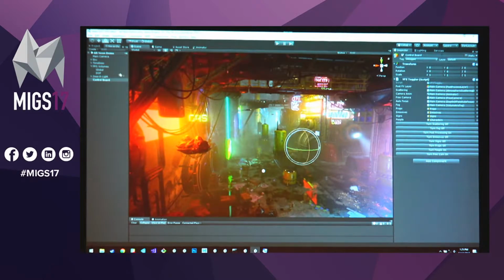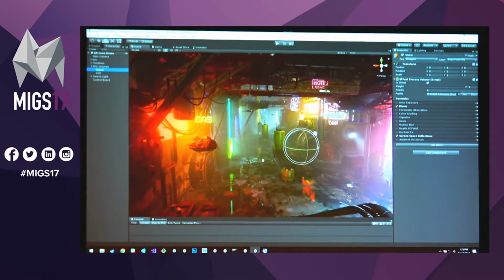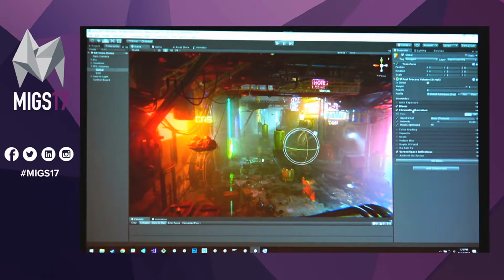All right, so now if I go back to the post-processing stack, this is where we're going to start to be able to visualize a lot of these additional effects because we have a lot more going on in the scene. So we could do something like, let me just zoom back a little bit, chromatic aberration. This is affecting the edge. You can see it a little bit there, but it's basically creating a little bit of a rainbow effect on the edge. And a lot of these effects are actually built to emulate what a real camera does. You know, things like chromatic